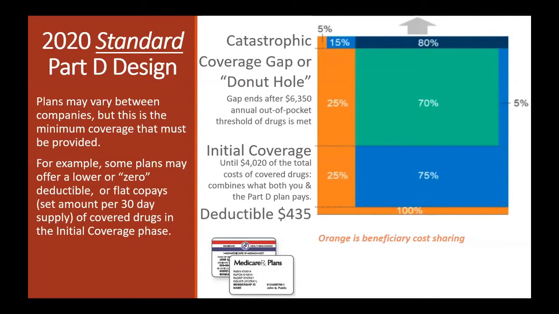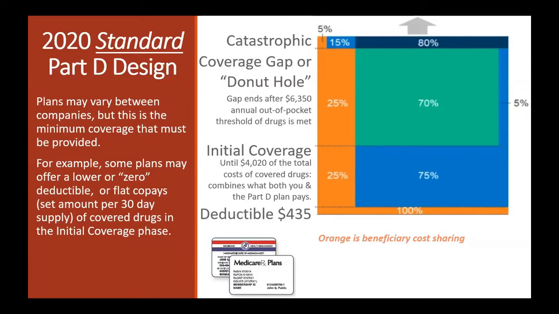And at this point, on a standard Part D design, you'd pay 25% of covered meds. The plan would pay 75%. This is until the total cost of the drugs that you're purchasing in that year reaches $4,020. When I say $4,020, that's between what you pay and what the plan pays. So if you had, say, a $500 a month med and you had to pay 25% of that, the insurance company was paying 75%,